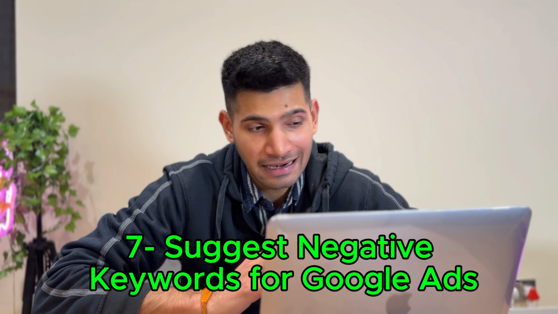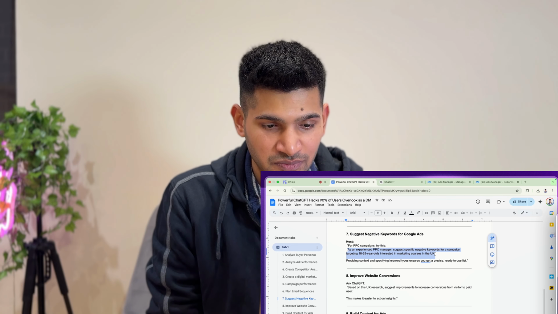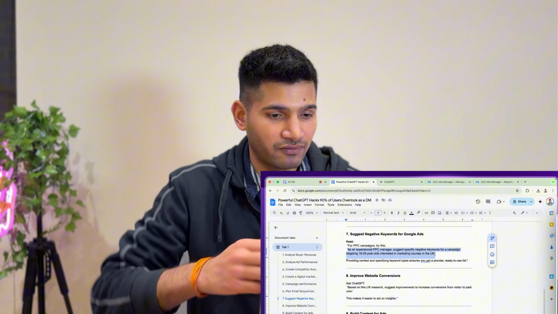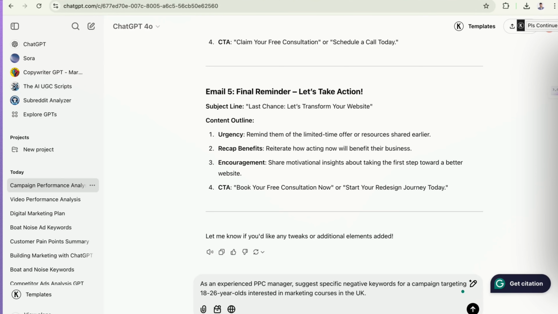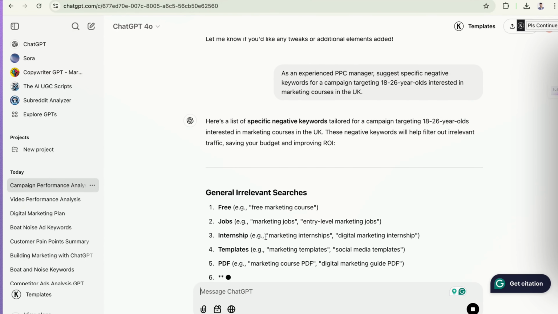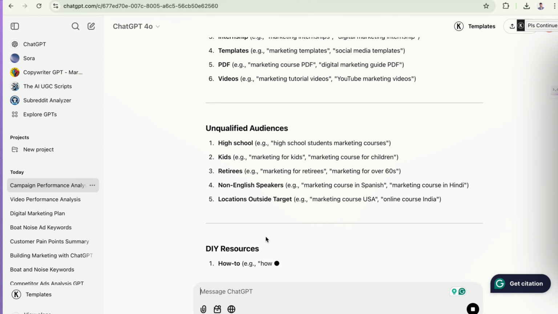Number 7, to suggest negative keywords for Google Ads. The prompt which you're going to use is, as an experienced PPC manager, or you can say Google Ads manager, suggest specific negative keywords for a campaign targeting 18 to 25, I'll take 26 for this example, years old interested in marketing courses in the UK. Now, when you put this prompt, you'll be able to see a lot of specific negative keywords, which is very important